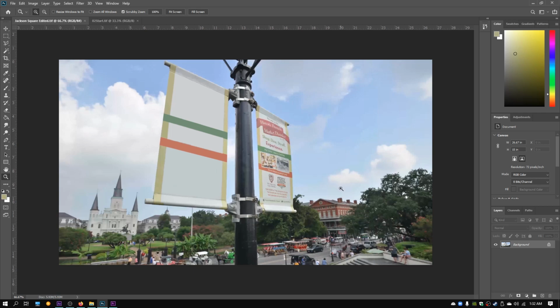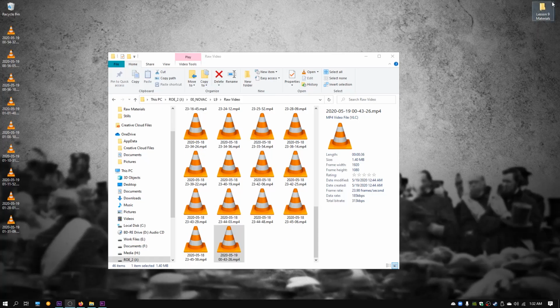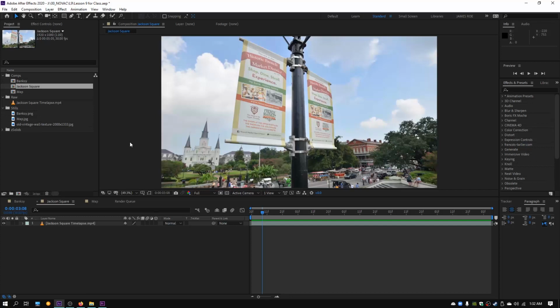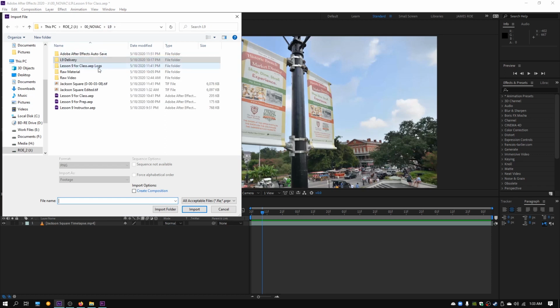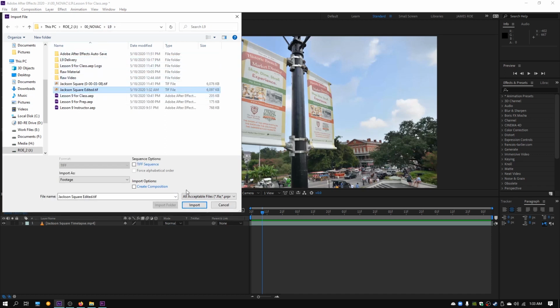Now that I've got that image saved, I'm just going to go ahead and close out Photoshop. I'll go back to After Effects, and to get that image back into After Effects, I'm just going to go to my project window here and double click on an empty area of the project window, and now I'll find that edited picture. There it is. I'll press Import,